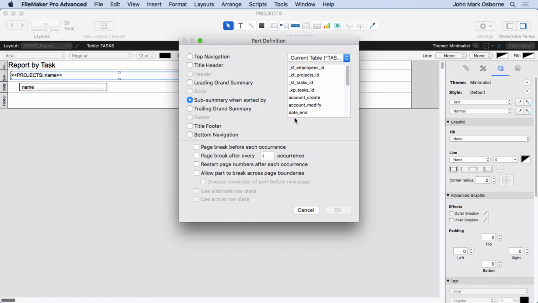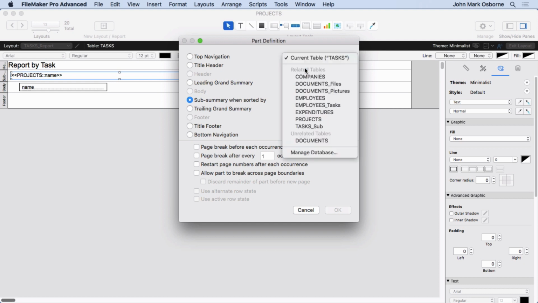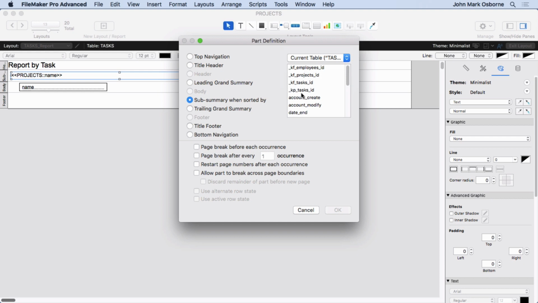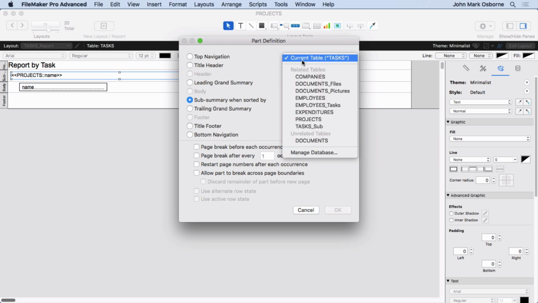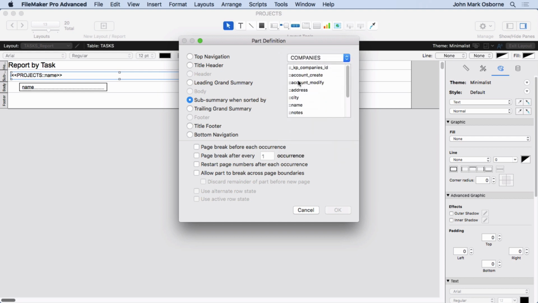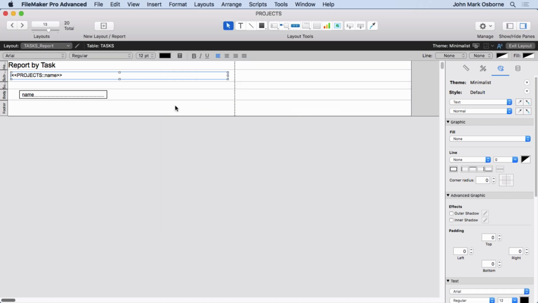Now, you don't see any field inside the current table, but you can switch to another table if you want, right? We don't have employees, tasks, all that stuff, but we can go over to companies and tell it to organize by either company ID or company name. I usually choose company ID because that makes sure that there's a value in there and that it sorts correctly. Sometimes a company might be empty, I don't know. I just always choose this, and I can put whatever I want inside that actual sub-summary, which should,